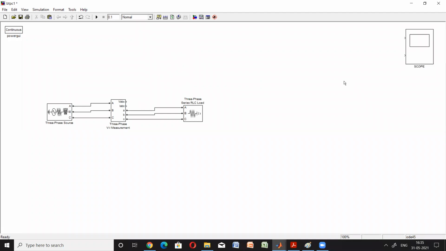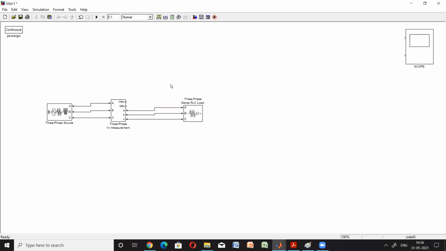Normally, MATLAB simulations are quite complicated, because nowadays we are working with the basic examples of MATLAB, but MATLAB models are also very complicated. Some of the models, rather many of the models that we use in BTech, are complicated. To overcome the complication, we can use the routing operation.